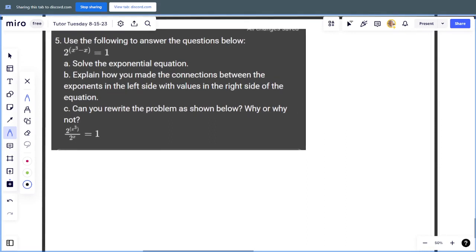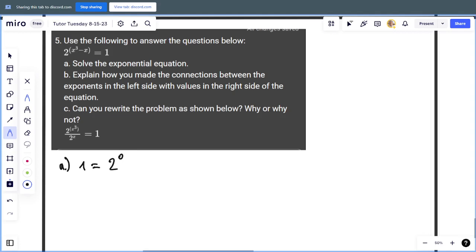Here's one that I also saw in the math chat. It's step 1, solve the exponential equation. Oh, and let me put it in the chat if you guys can't see. This was in the math help earlier today. Solve the exponential equation, explain how you made the connections between the left side and the right side, and can you rewrite the problem? Okay, so for solving, I know that the value of 1 is the same thing as